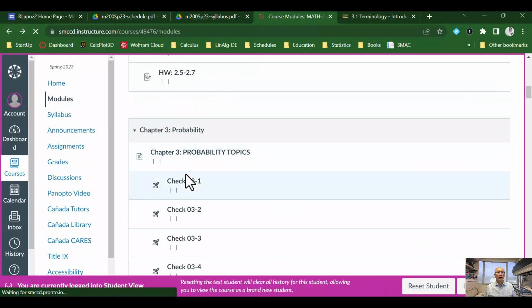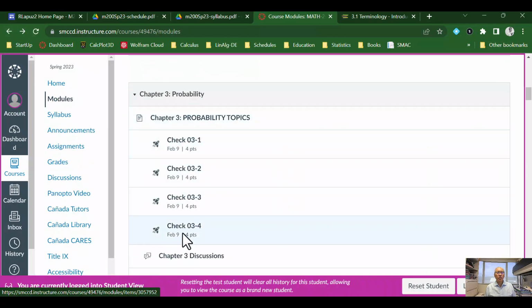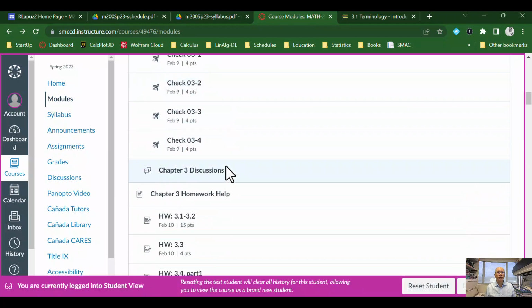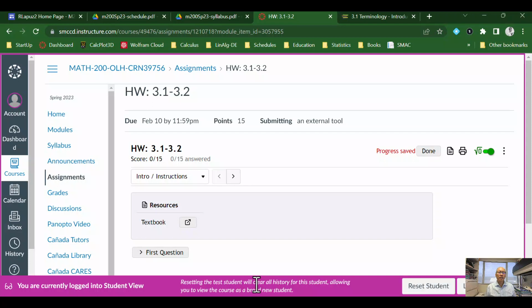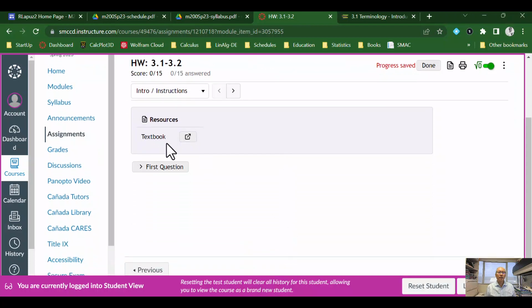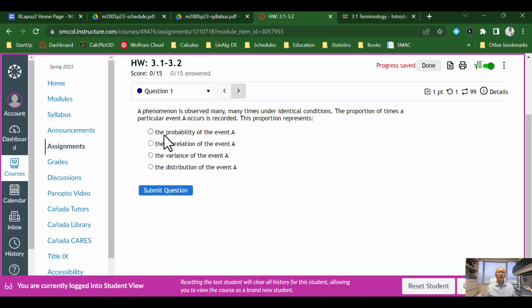And so you can go back to the modules, and once you do all the checkpoints, or maybe you could do the first checkpoint, 3.1, and it looks like you probably should do 3.2 before trying to do a homework assignment. So in this homework assignment, again, it'll look a little bit different because it'll match you up with a different learning management system called MyOpenMath. But all you need to do is get started on this particular problem. There's, again, a link to the textbook, but you can click on the arrow or go to the questions, and